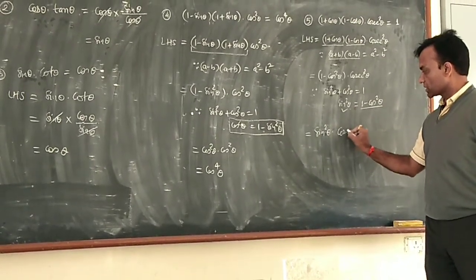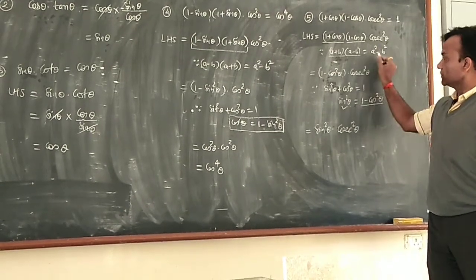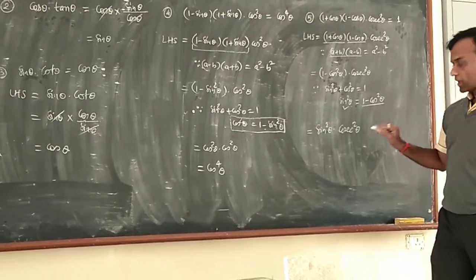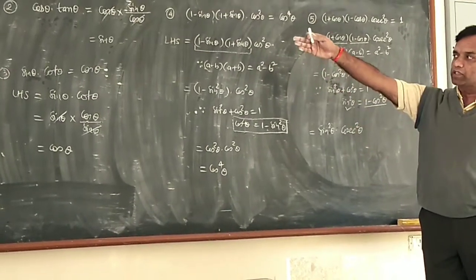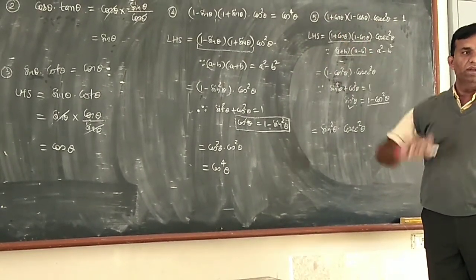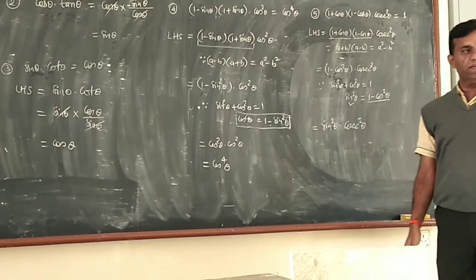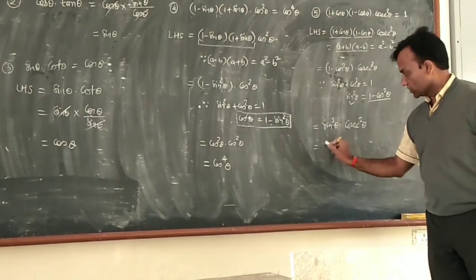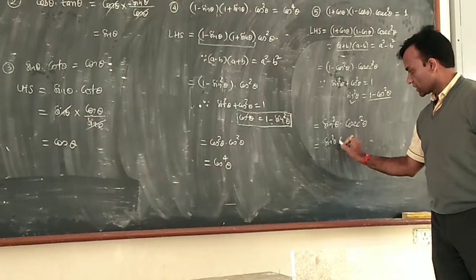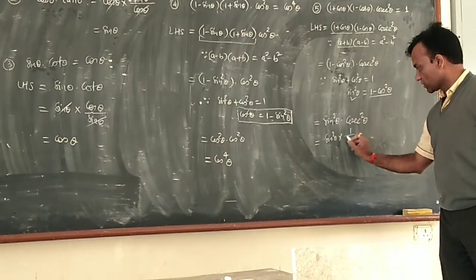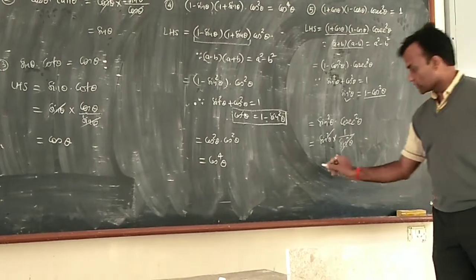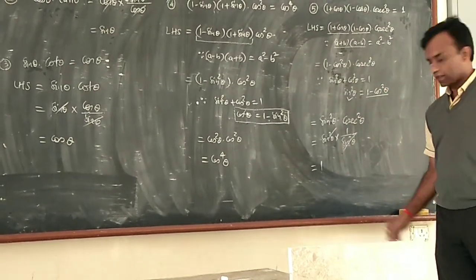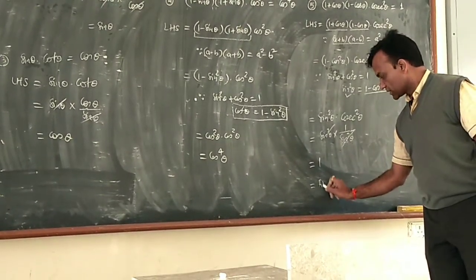And into here, cosec square theta is already with this term. You put it as it is here. Now sin and cosec are reciprocals of each other. We first showed it in the first question: sin theta into cosec theta is 1. So you replace this sin square theta, and put cos square theta as it is here. You can write 1 by sin square, which cancels out. What result do you have here? 1. That is the right answer.